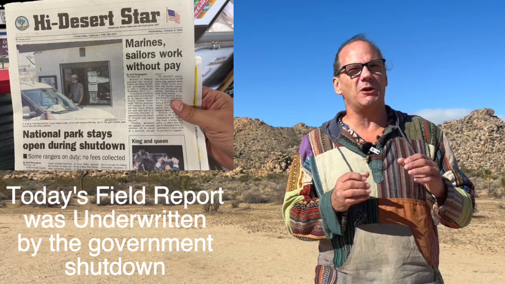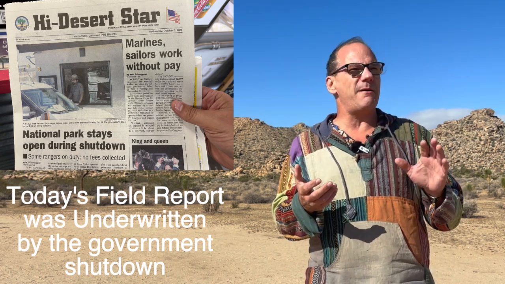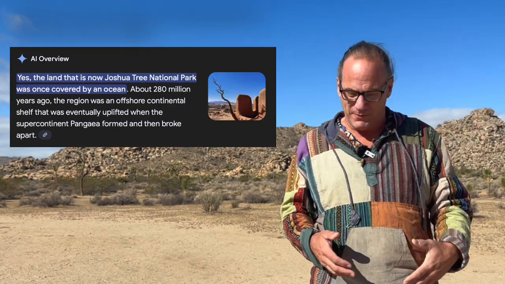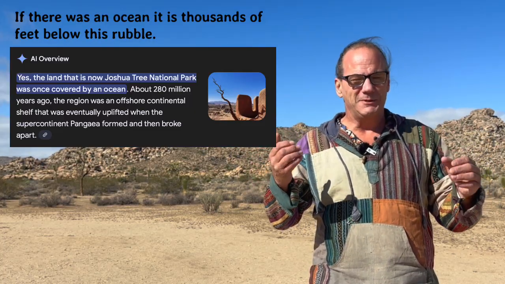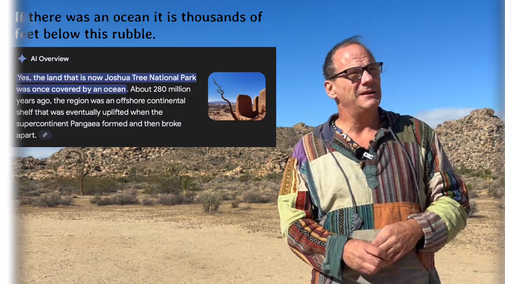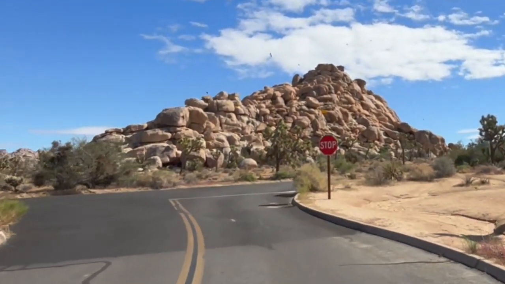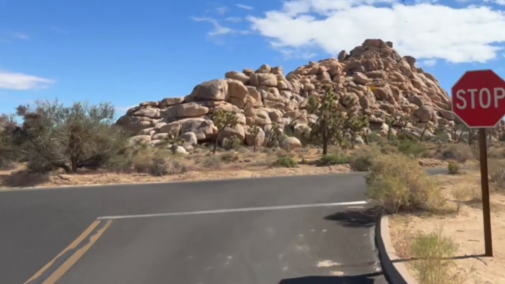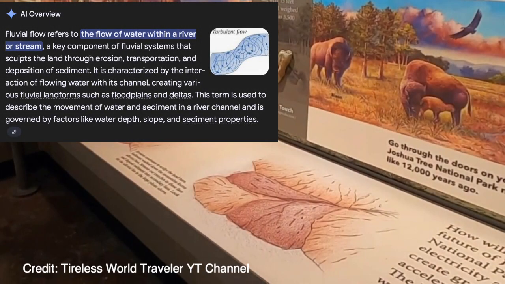And what we're going to do is look at some of the rock formations and what they look like, and examine these really fascinating hills, and why we might find large rocks on the top and sand on the bottom. Because if this was the bottom of an ocean, then the heavy stuff falls first. But that's not what we're finding. We're finding large rocks left at the top, as if the small stuff fell away from the large stuff over time. And in fact, they have a display down in the visitor center that talks about the fluvial